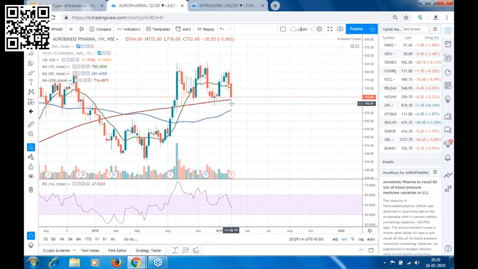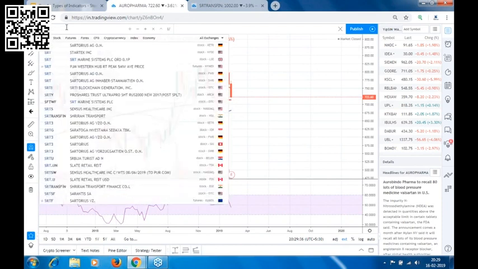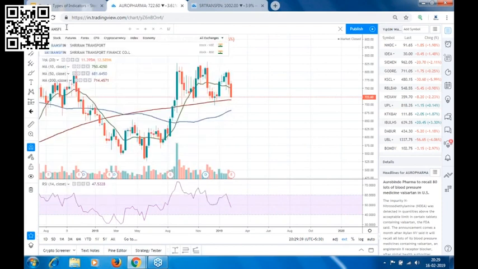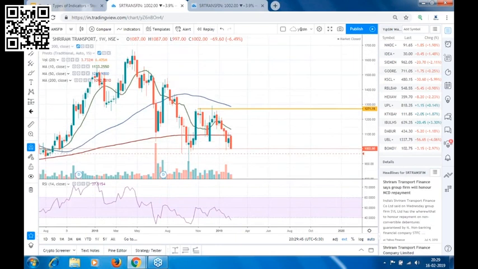That is, if the stock closes at 712 or 713 level or 710 level on Monday, then on Monday we'll analyze and see if there is a short trade in Oro Pharma for the next day or not. That is the time we'll decide on the trade, but not now. The reason why we are checking all these time frames is because we don't want any barrier when we are taking a trade.